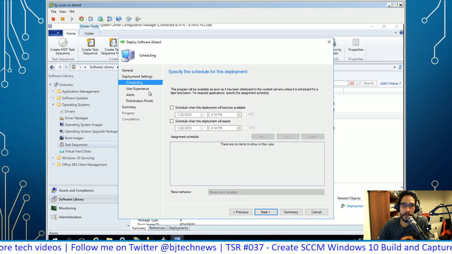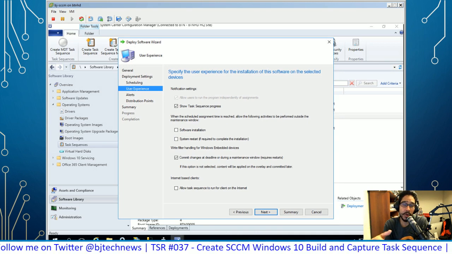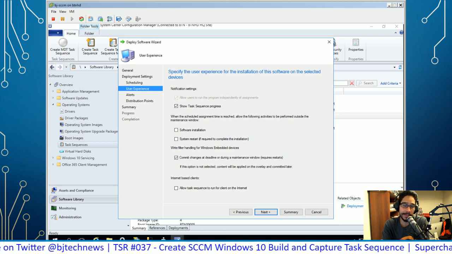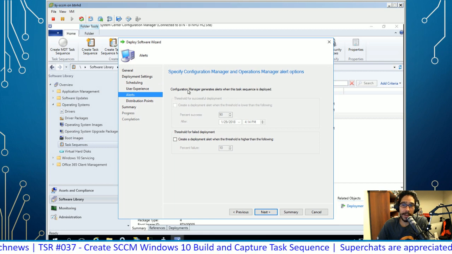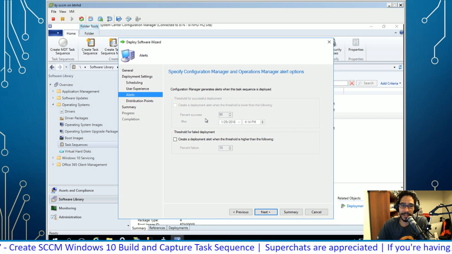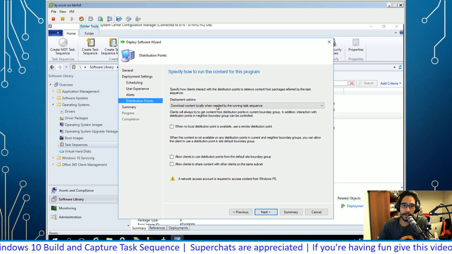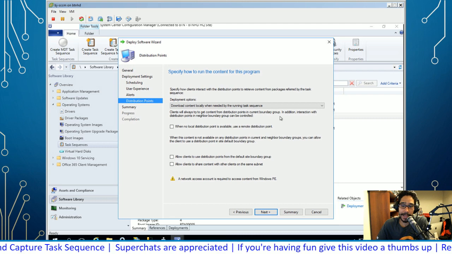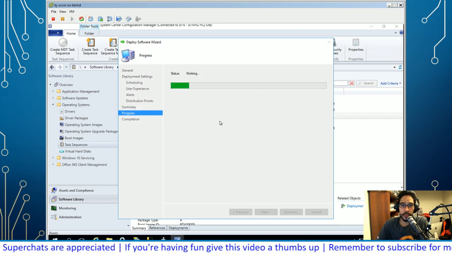Click next. For user experience, you don't really need to do anything here because you're not really deploying this task sequence or advertising this task sequence to your clients. So you don't really need to touch it. Click next. Alerts, if you want any specific alerts, you could enable it here. For me, I just left it as the default. Click next. And for your DP, by default, I left it as download content locally when needed by running the task sequence, and I hit next. Get a nice little summary, hit next again, and the progress is going to go through,